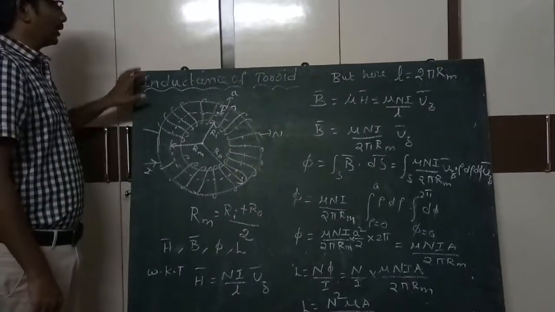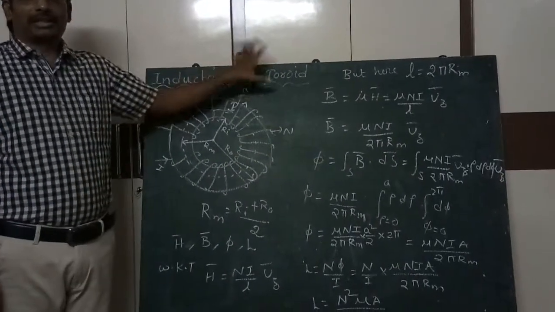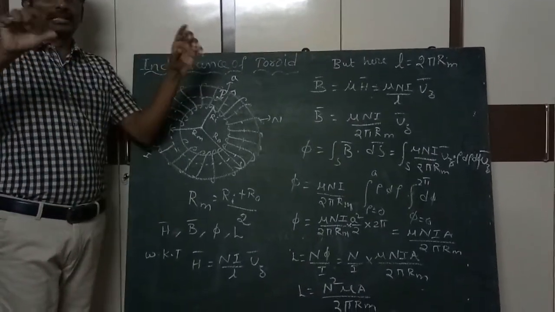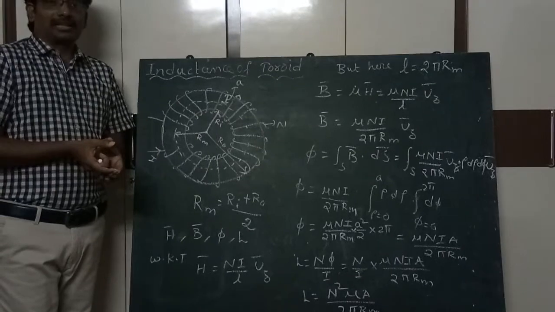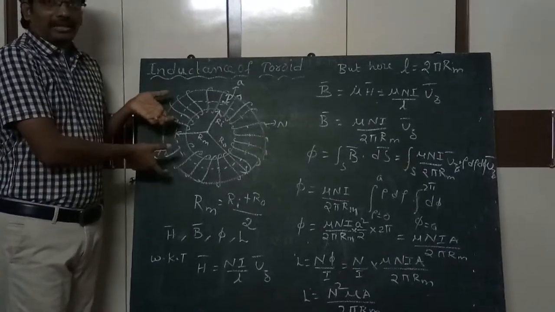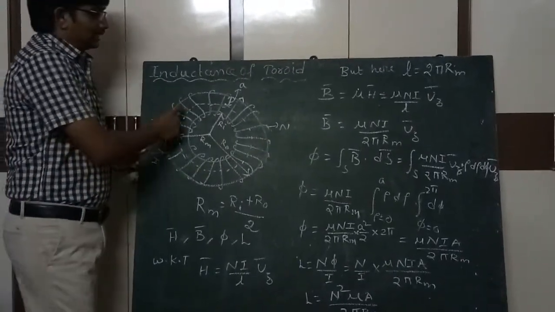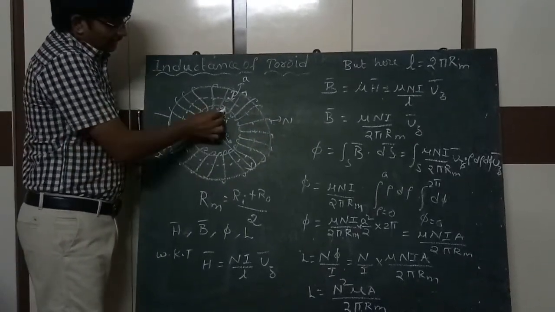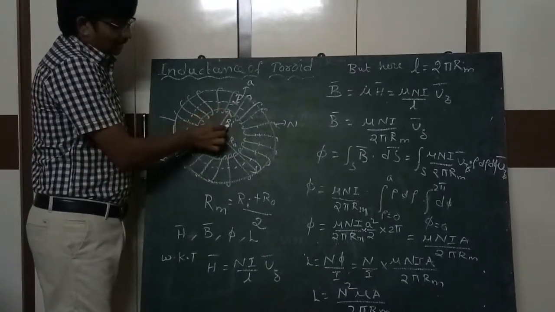Now I will tell you how to determine the inductance of a toroid. First of all, toroid means if the solenoid is bent in the form of a circle or ring, then it is called a toroid. Okay. So here it has capital N number of turns,